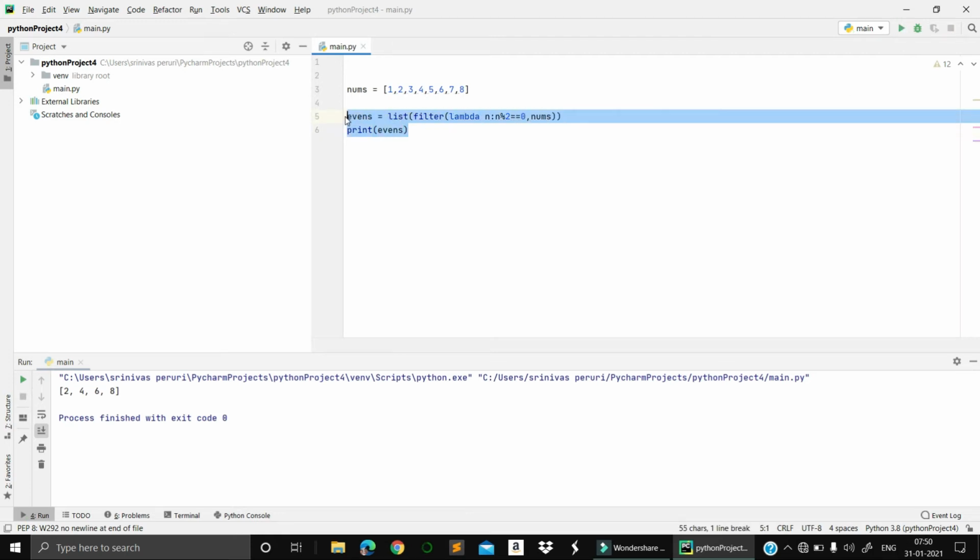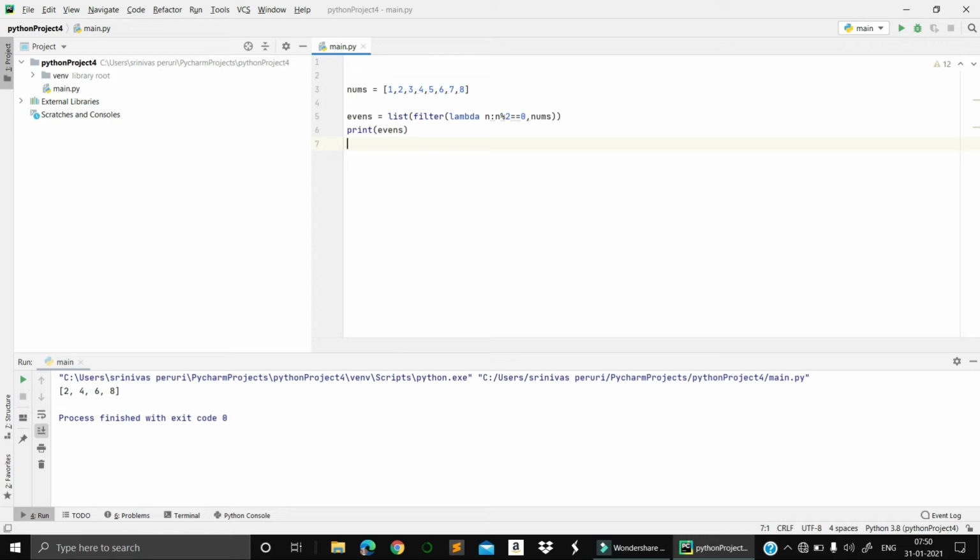This is the set of code with which you can get the condition within one line. When you are using a function, the habit of writing three lines of code is reduced to one line itself, right? With the help of the filter function. By this, you can say that with the help of this lambda function, you can reduce the code complexity as well as save the memory.